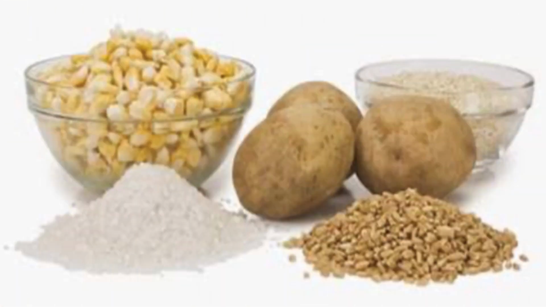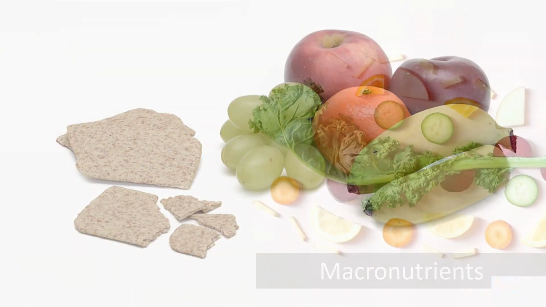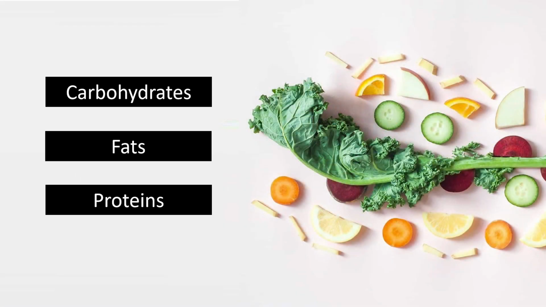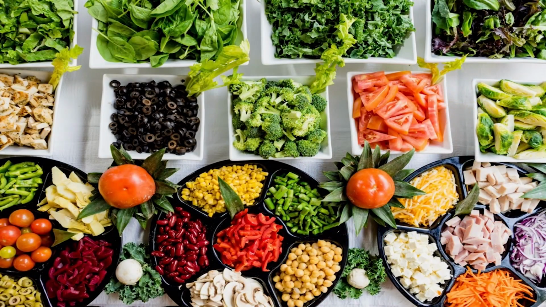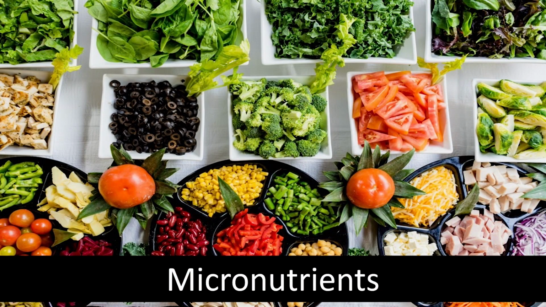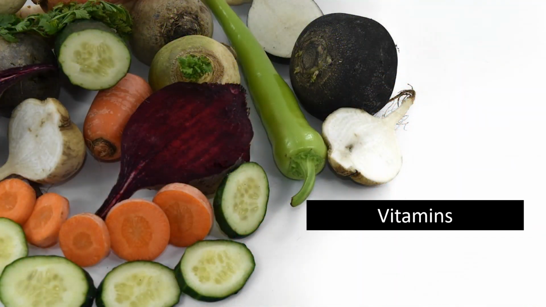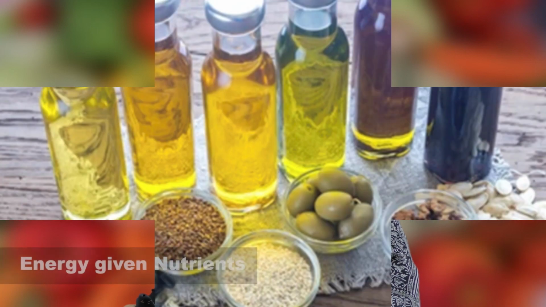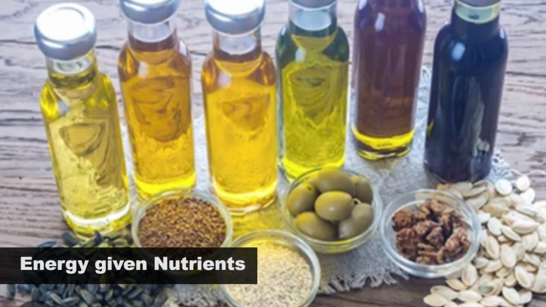And we learned earlier that those which are present in large amounts in foods are called macronutrients, like the fat, carbohydrate, protein, water, and those which are present in small amounts in foods are called the micronutrients, like the vitamins and the minerals. So let us then look at these nutrients and what functions they perform in the body. We've already talked about overall functions of the food, and those functions are because of the presence of these nutrients. So first, let us look at the energy-giving nutrients.